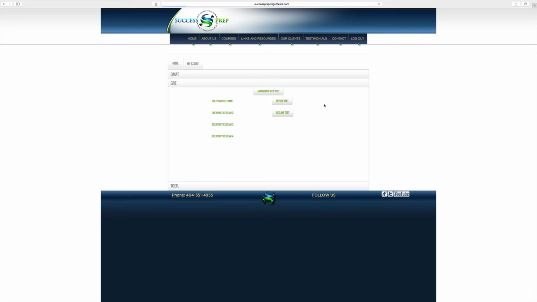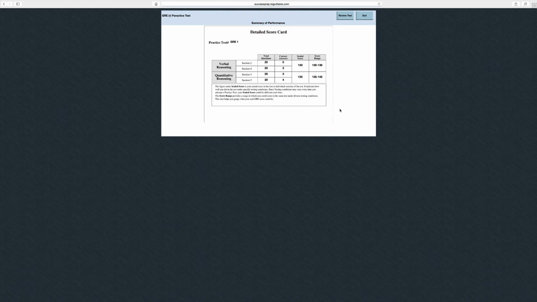So if you click on review test, for example, that really gives us some real detailed and very valuable analytics on how you did on the test. Now, this is just a random test I just kind of clicked through. So as you can see, it tells me the range of score that I got and also the actual score itself. So with this, I can go ahead and review test in the top right corner here. If I click on review test,